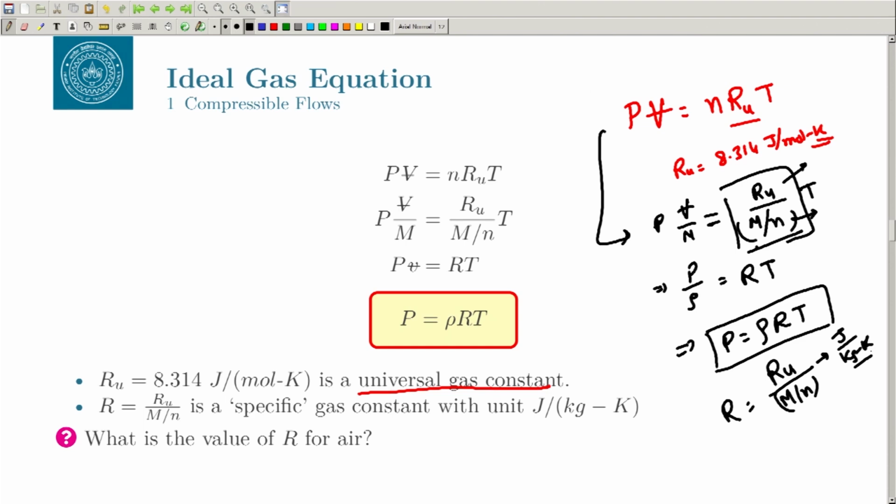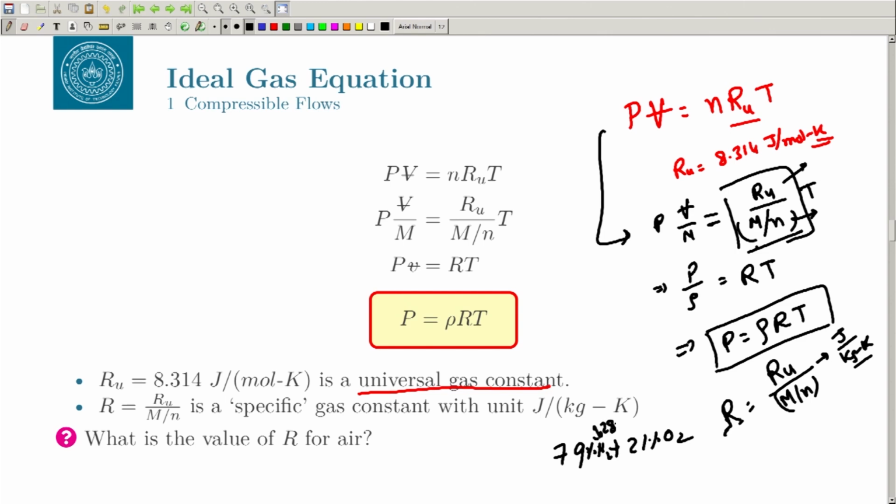Now, one thing very important to remember here is that Ru is the universal value, but R will change based on the gas that you are using because the molecular mass of gases will be different. So, for example, what is the value of R for air? If you assume that air has around 79% nitrogen and 21% oxygen,